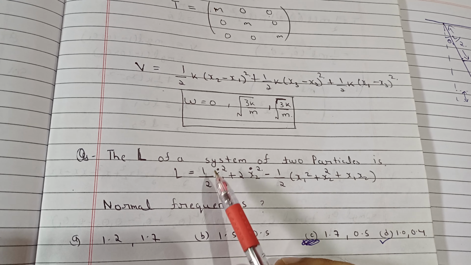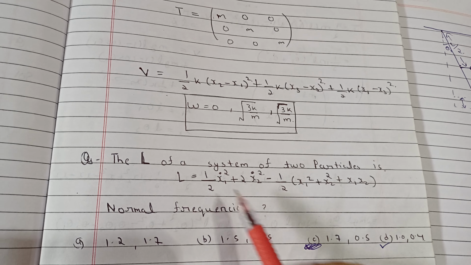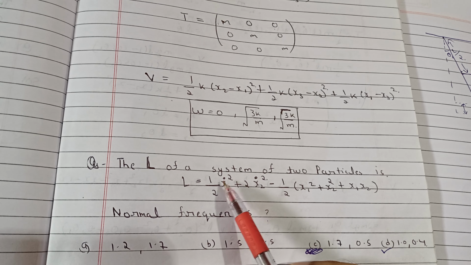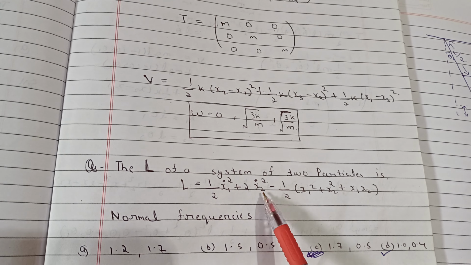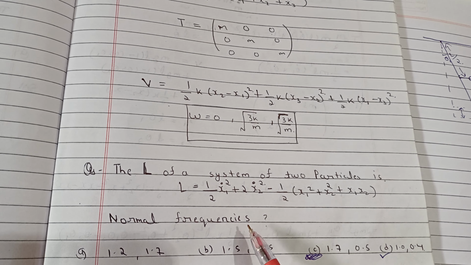So see, here you have this half. From here you can find the 1 1 position. It will be a 2 by 2 matrix. So at the 1 1 position it will be 1. At the 2 2 position it will be 2, and other terms will be 0 for the kinetic energy matrix.